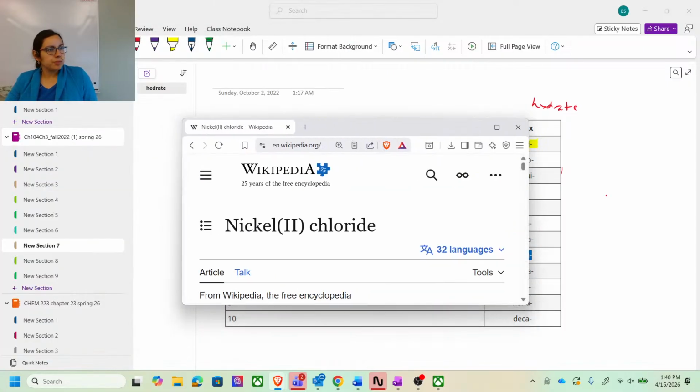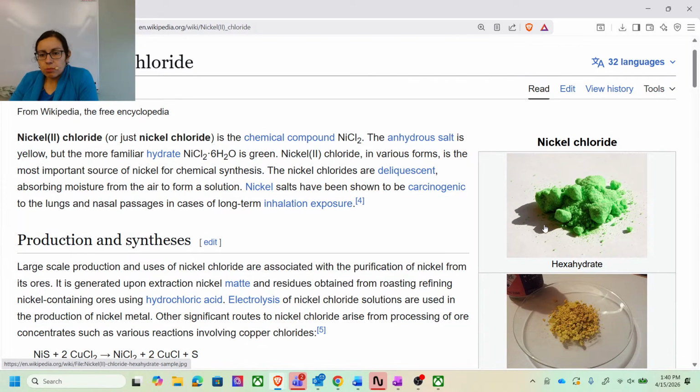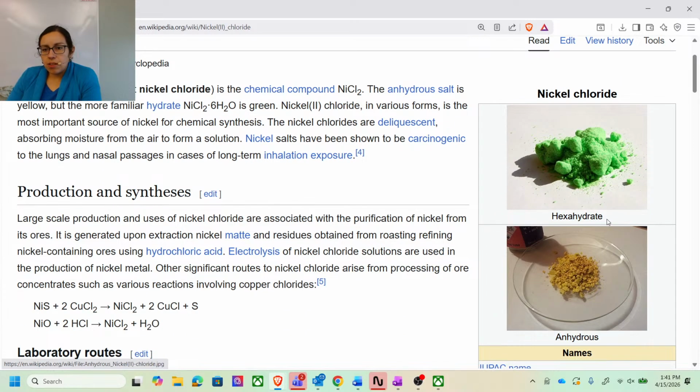There we go. And so I like nickel because this is one of the ones where they're very clearly distinct. So we have the hexahydrate complex, and you can see right the formula is shown here. So they're both nickel 2 chlorides. It's just the hexahydrate is this green color,